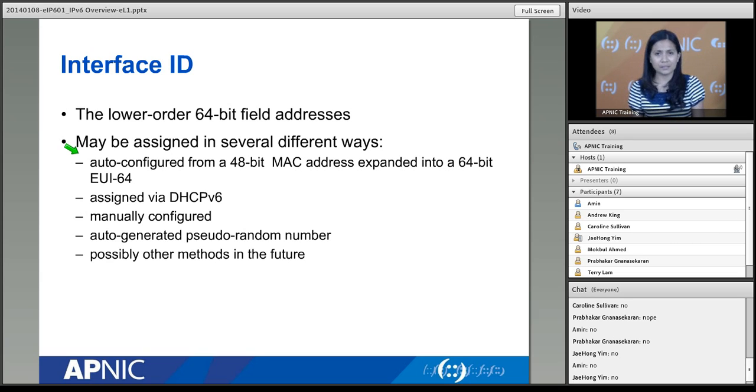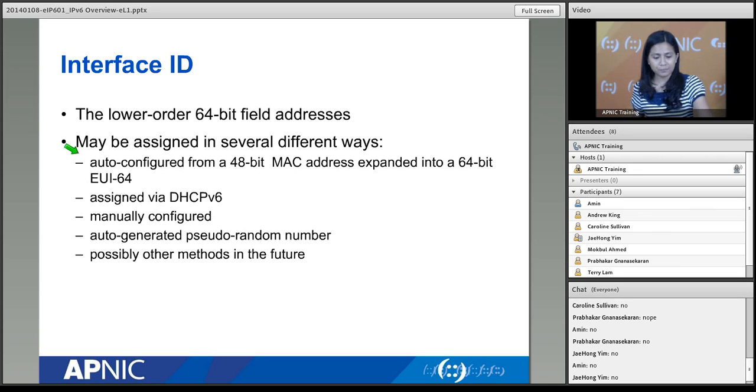So that means if I change networks, maybe tomorrow I'm going to go somewhere else, maybe in another country, and I connect to the IPv6 network, I will have a new IPv6 address, but the last part, the interface ID part, will remain the same, again because it's based on my MAC address. So some people find it as a security issue.